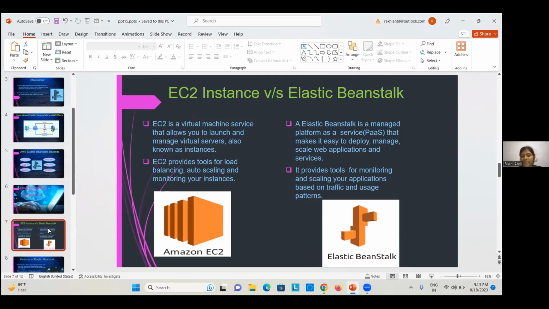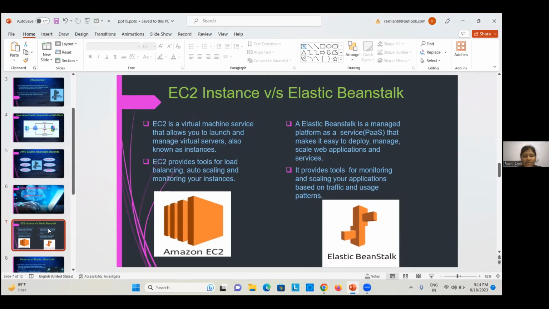Elastic Beanstalk is a managed platform as a service that makes it easy to deploy, manage, and scale web applications and services. With Elastic Beanstalk, you can upload your code and Elastic Beanstalk will automatically handle the deployment and scaling of your application.